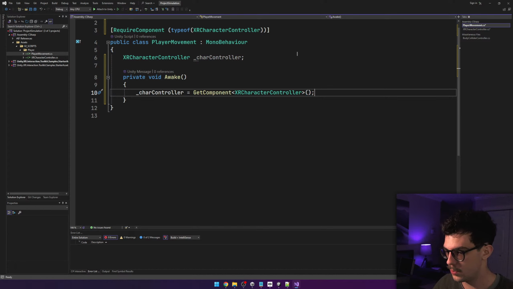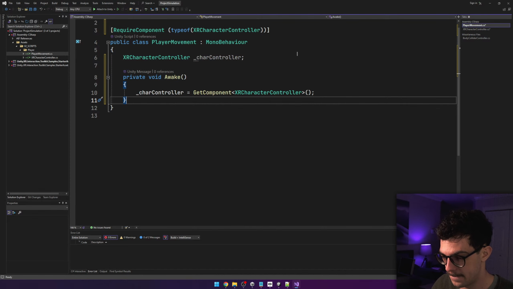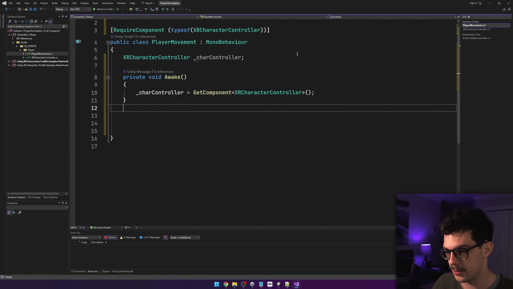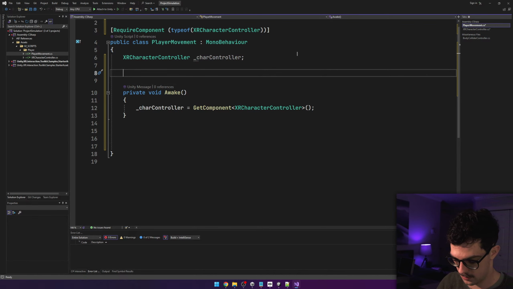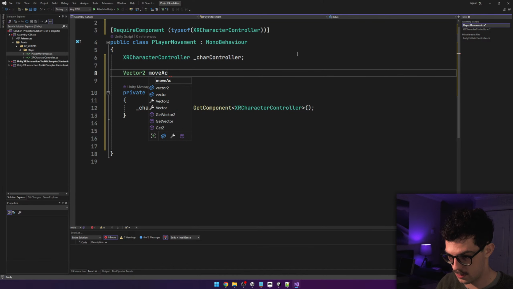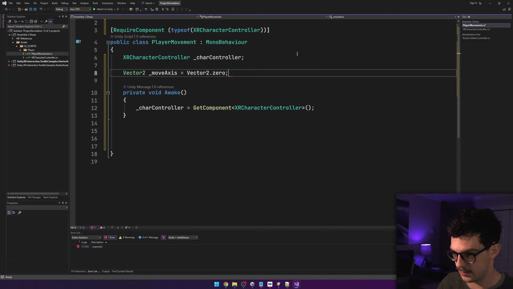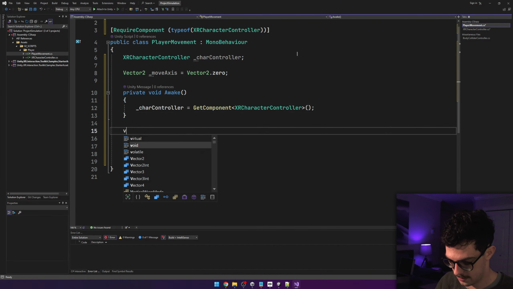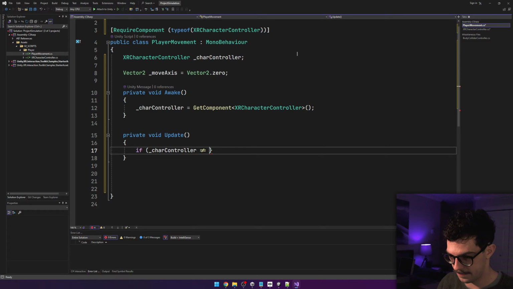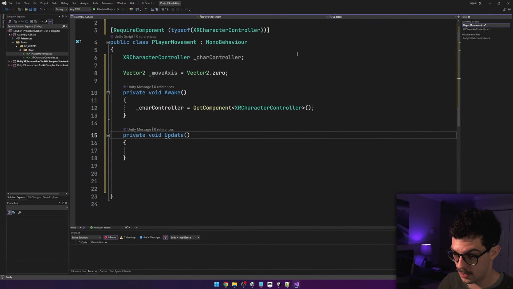And I'm going to create a private variable move axis equals vector2.zero, and then on update, that's actually going to be on fixed update,